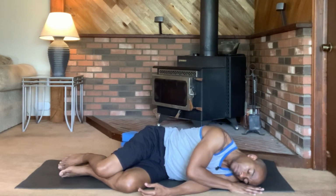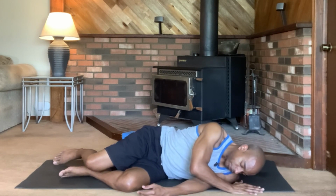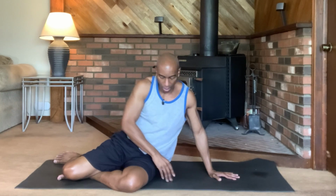Pausing here in a nurturing pose, taking several breaths. Once again, once you're ready to move, take your time, move as slowly as you can, slow motion. Press into the floor with your hands, using a breath to give you energy to help rise. No rush, rising up. If your eyes are still closed,